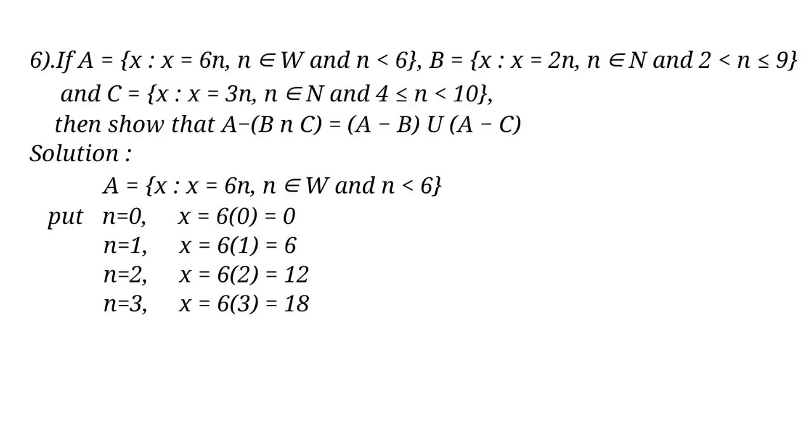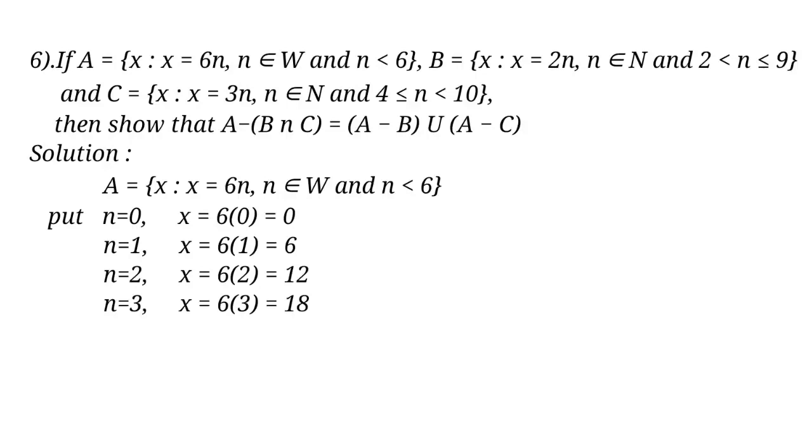Right. Sixth one: if A is equal to {x such that x is equal to 6n, n belongs to W and n less than 6}, B is equal to {x such that x is equal to 2n, n belongs to N and 2 less than n less than or equal to 9}, and C is equal to {x such that x is equal to 3n, n belongs to N and 4 less than or equal to n less than 10},